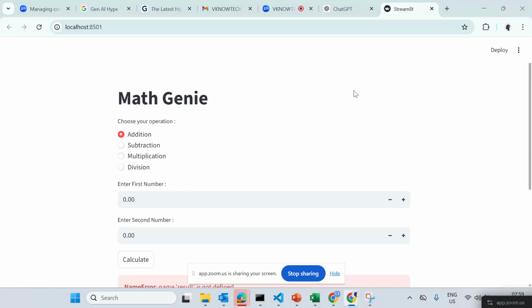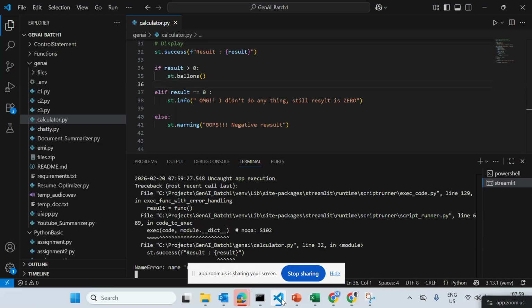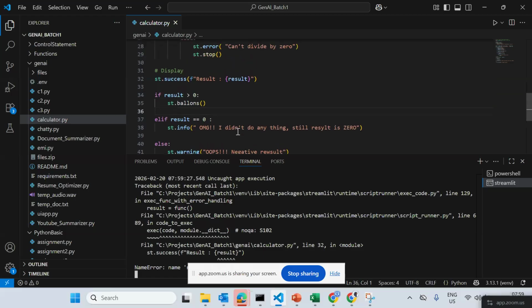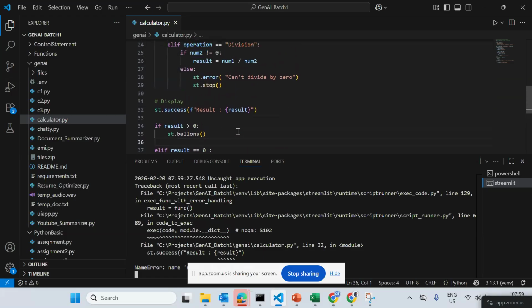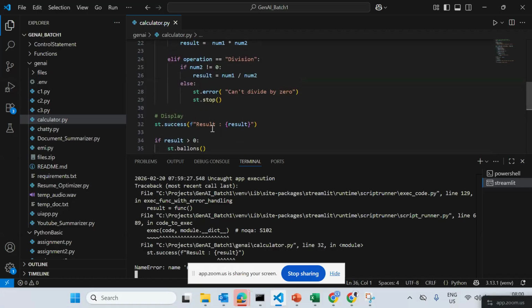Is that intended, Kalyan? Which line? Line number 32. You see, result name not defined. That is the error actually. Oh, that is the error that came. Again, I was just in a hurry. There was a typo on line number 32. Just before result, after the success and bracket, you have